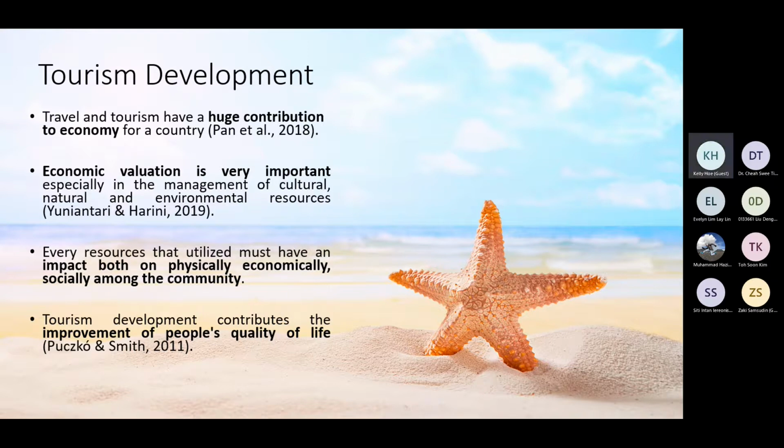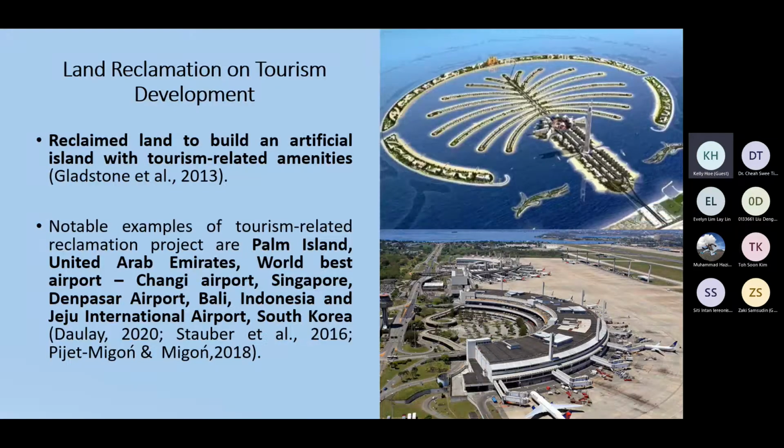Oh, the land reclamation for tourism development is reclaiming land to build an artificial island with tourism-related amenities such as hotels, resorts, water theme parks, built together with restaurants, residential areas, and retail outlets. And the most notable example of a tourism-related reclamation project in the world,